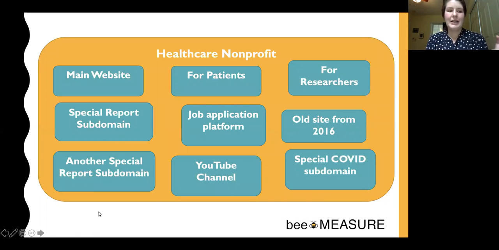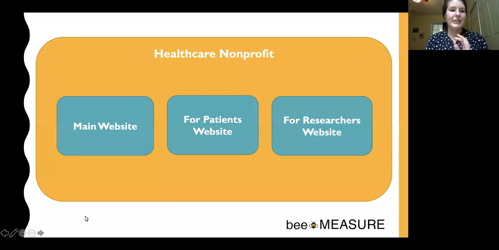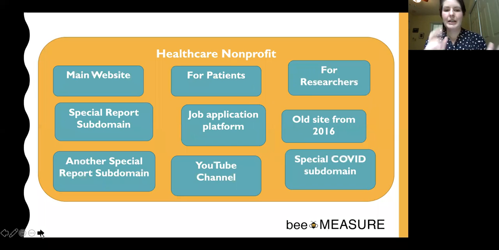However, in an ideal world, this would be awesome if everyone set their analytics up to look like this. But in reality, when I do a lot of audits, I find instead that this is what a lot of people's analytics look like. You have your organization, and then every time there was something new, they created a new property. So why is this a problem exactly?